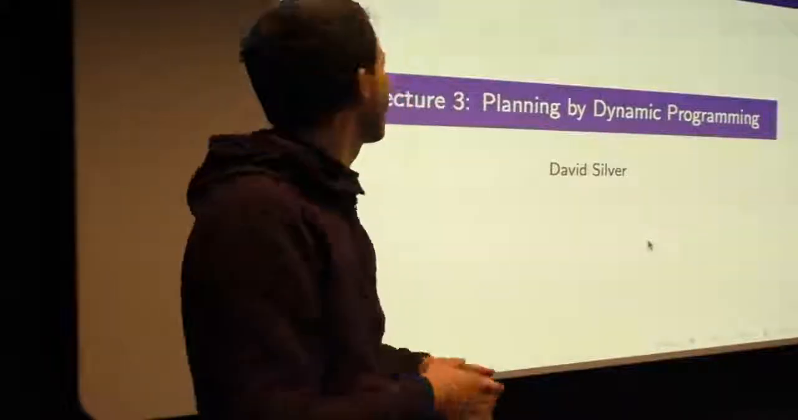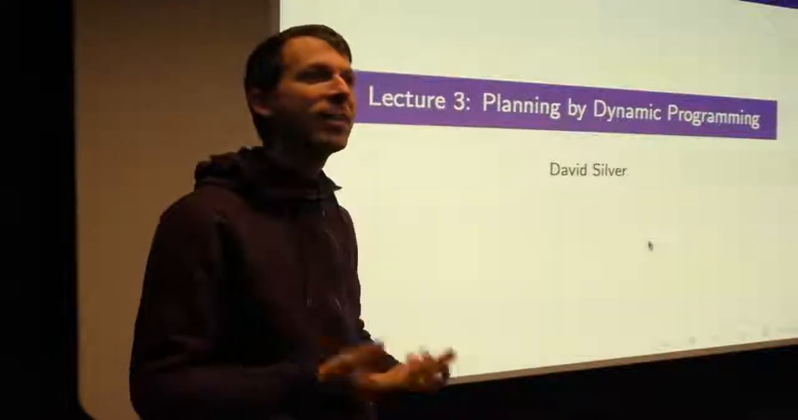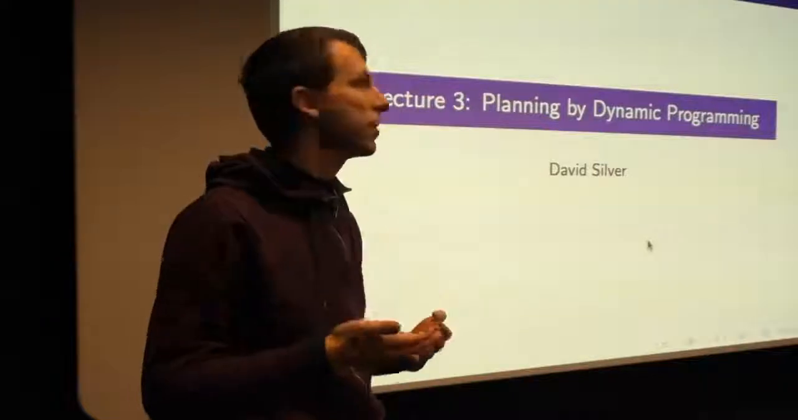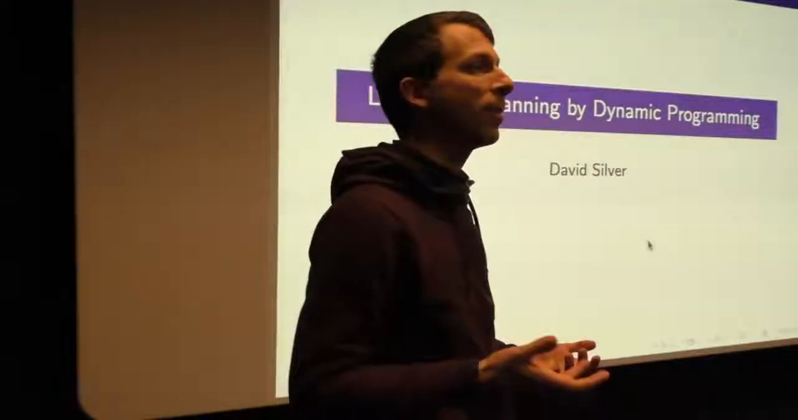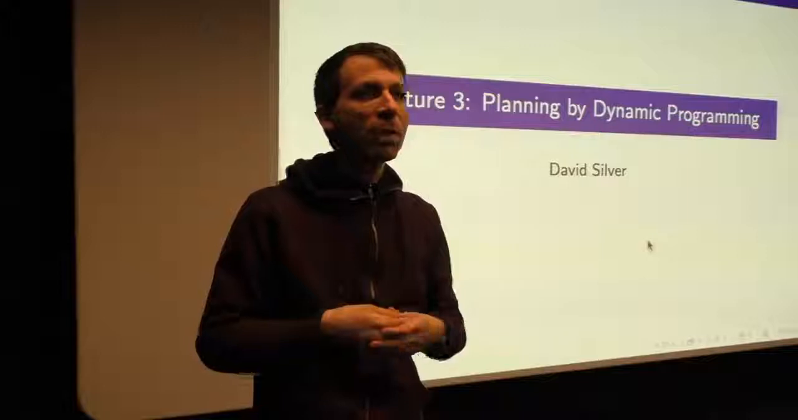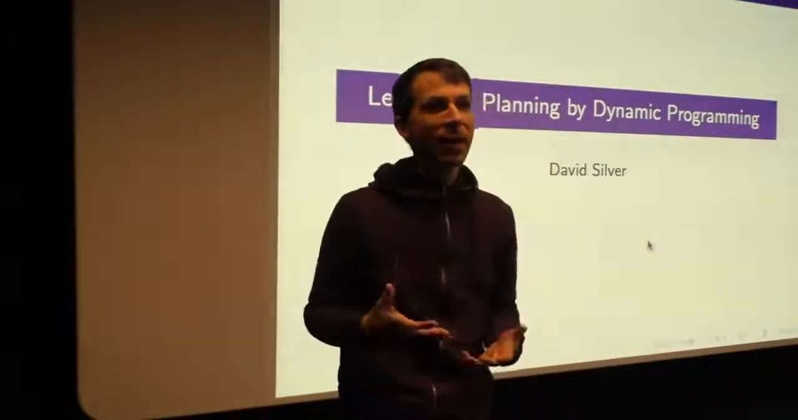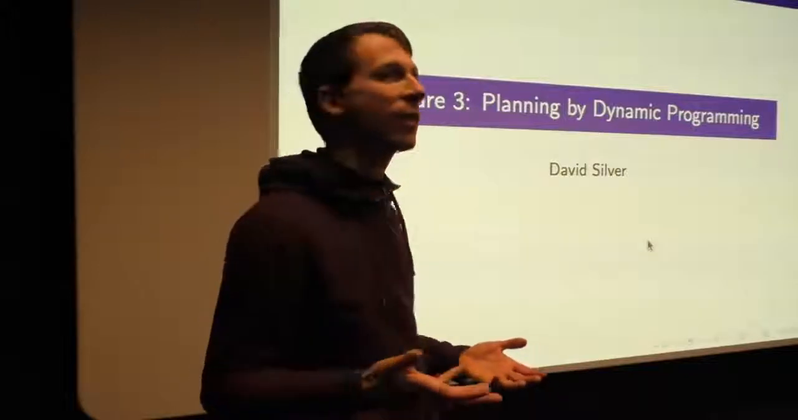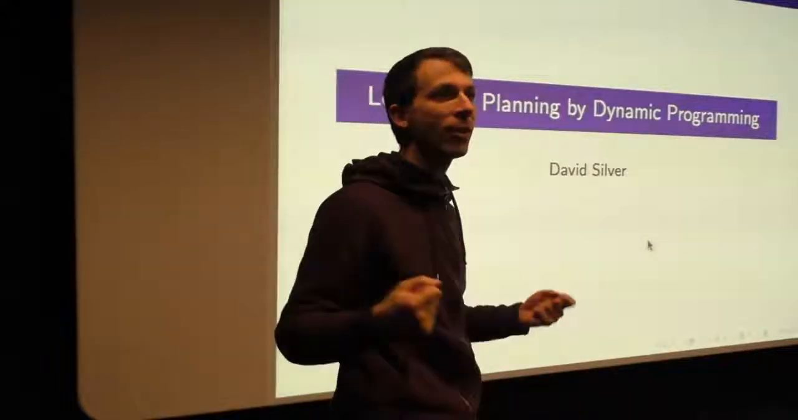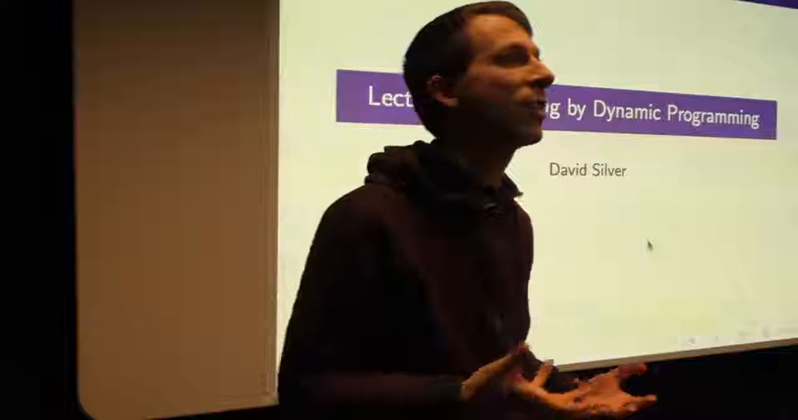So, in the last week, we started to understand what it means to formalize a reinforcement learning problem using a Markov decision process. But we didn't really talk about how to solve those Markov decision processes. So today and for the rest of the course, essentially, we're going to start to talk about solution methods. We're going to start to look on the agent side, how to build things that can actually solve these